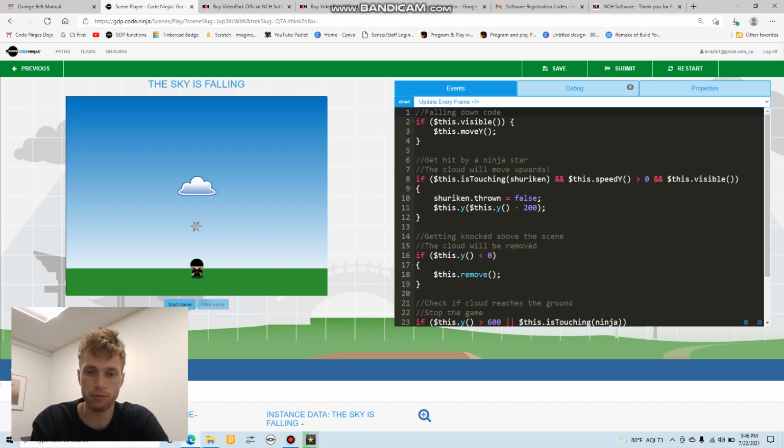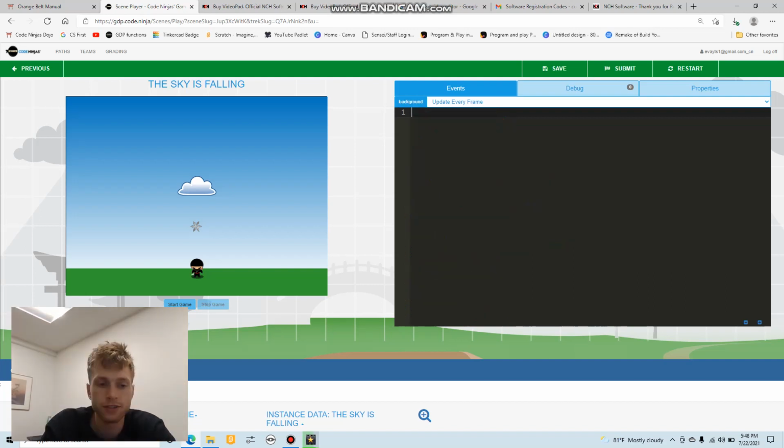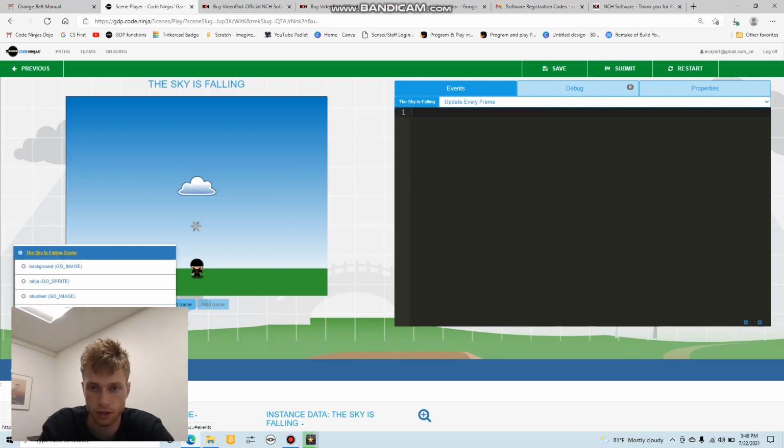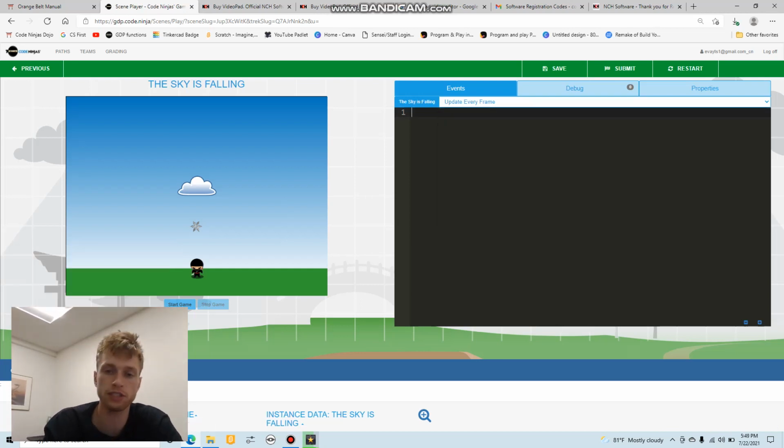So the very first thing we really want to take care of is being able to throw a ninja star. To start coding our shuriken, we are going to go into our scene object, into update every frame, and essentially wait until space is pressed to throw the ninja star. So the first thing we need to do is check if space is pressed. We're going to make a variable called spacePressed and set it equal to isKeyPressed, and then put in Keys.space;